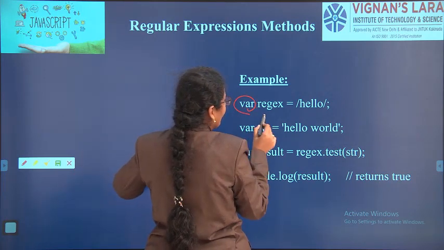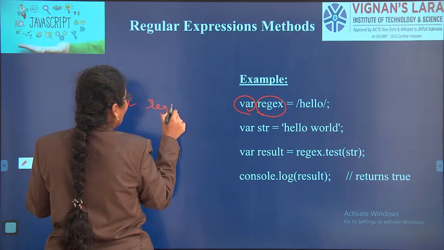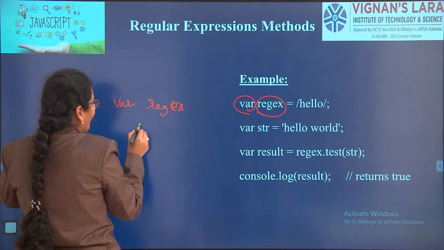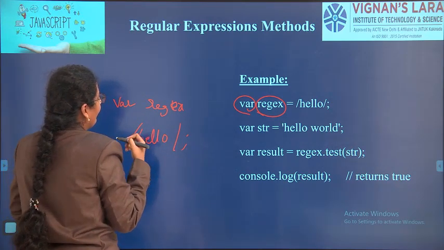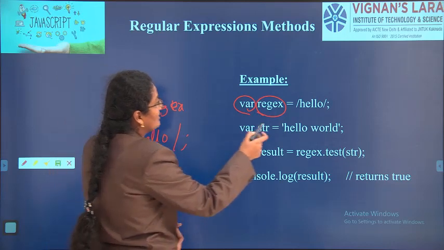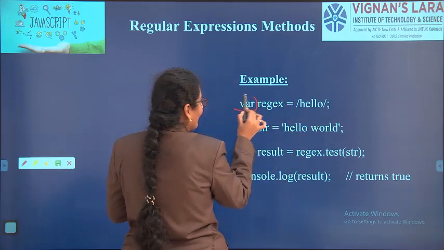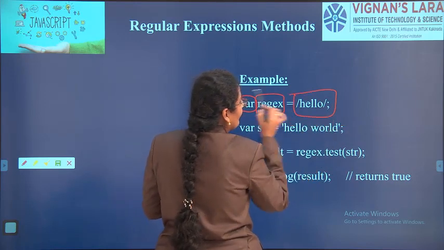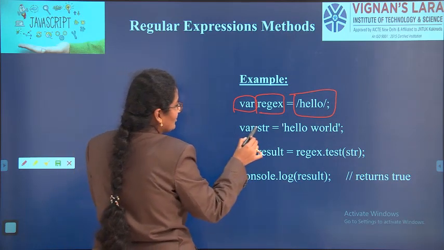My variable name is regularExpression. I am using forward slashes to create the regular expression, and I have created the regular expression as hello. So my variable name is regularExpression, and I have used forward slashes for creating the hello regular expression. Next my string is